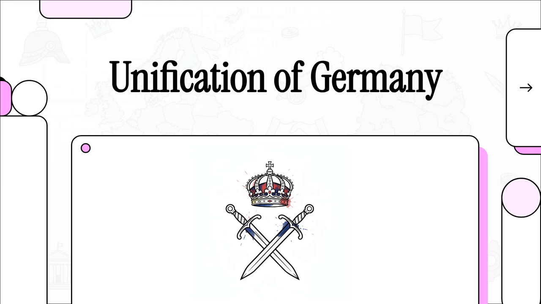I'm your host, and today we're going to tackle something absolutely crucial for your CBC board exams, the unification of Germany. I know, looking at your NCERT Class 10 history textbook, it can feel a bit overwhelming, right? All those dates, the different wars, the complicated names. But don't worry, because by the time we wrap up here, you are going to have a perfect, structured mastery of exactly how Germany became a nation. We're going to break down the historical narrative and give you the exact keywords you need to score top marks. So let's get right into it.